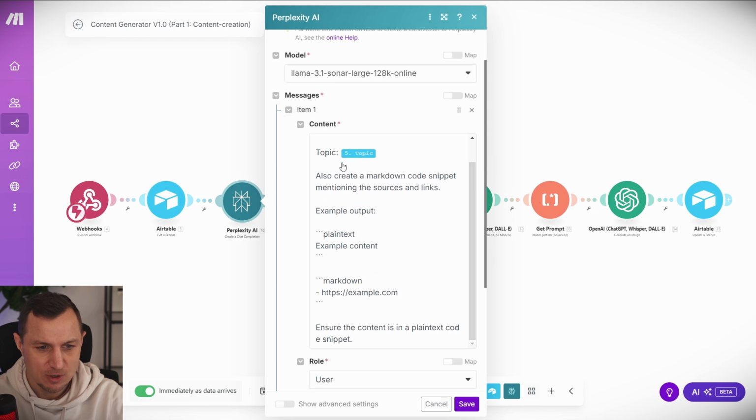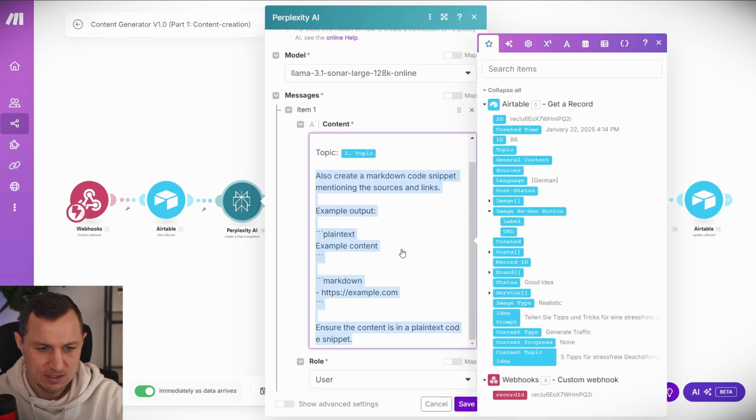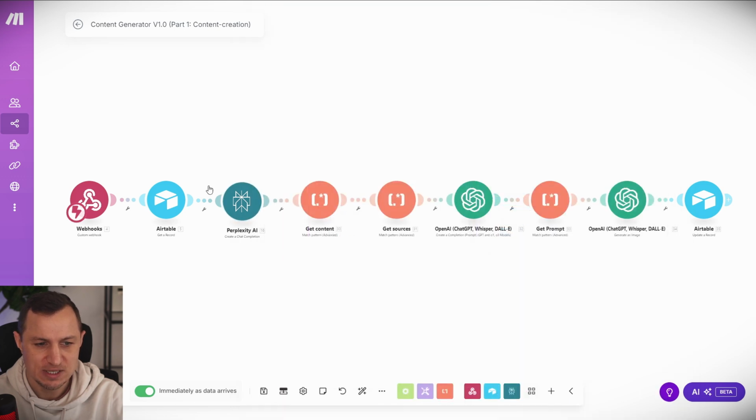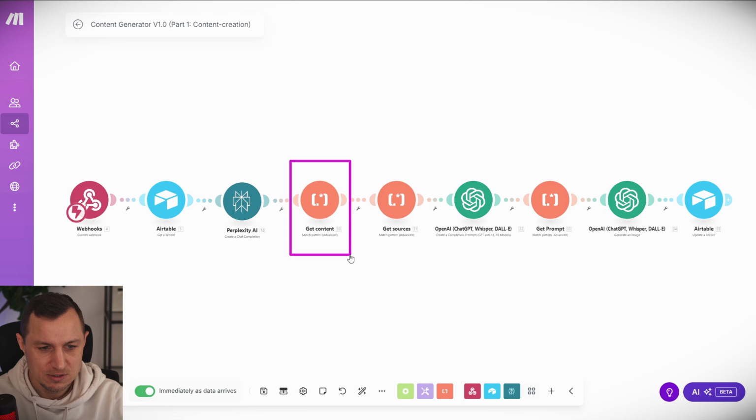So we get the topic, and we then go ahead and create content. And then we also create the sources, which are the URLs. So that's something that Perplexity offers you when you use it. It's not super consistent. So sometimes it gives you the sources, sometimes it doesn't really properly. So then we use this parser here to parse only the content, and this here to only get the sources,